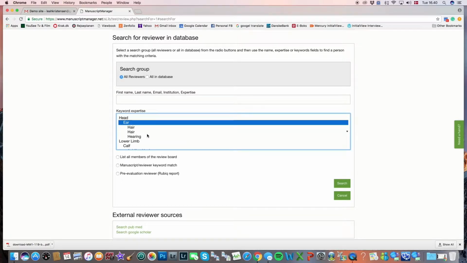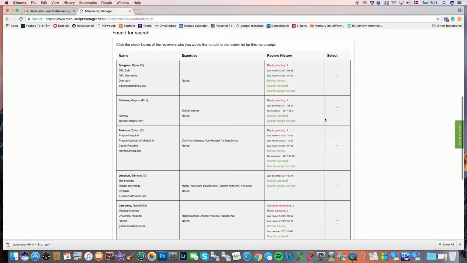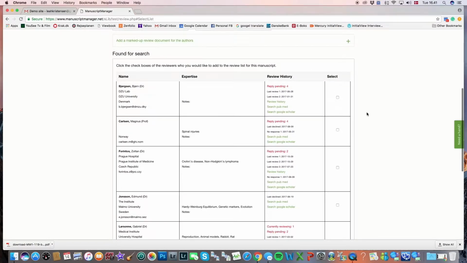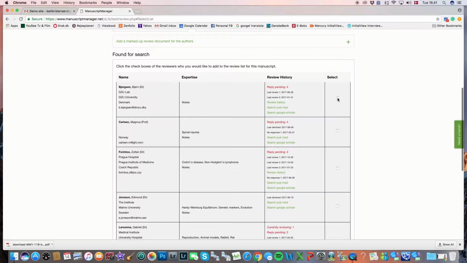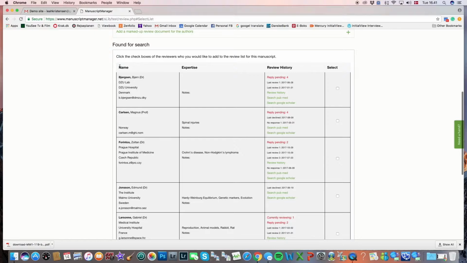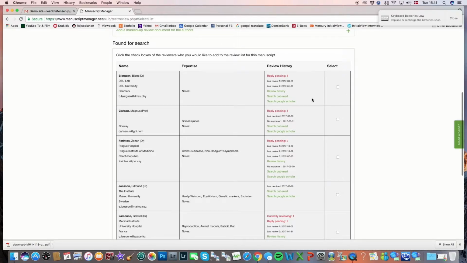If we choose to use a keyword, let's say in this case we can choose organs. You can see that that has generated quite a number of possible reviewers for this manuscript. On the right-hand side, if someone is eligible to review, you'll see this box that can be checked off. We don't have an example of it now, but occasionally a name will be generated where the person on the list is an author and not actually able to review, in which case this box would not be available, and instead there would be the word author with an exclamation point. But just to move forward,